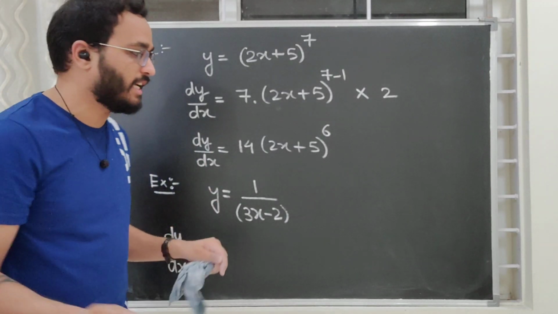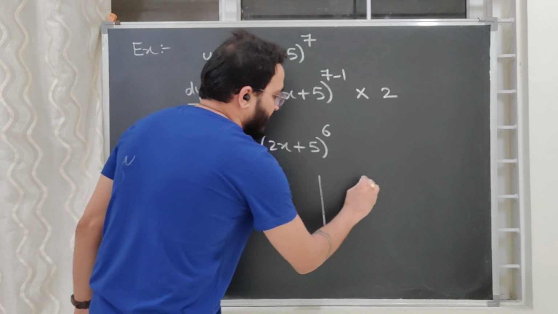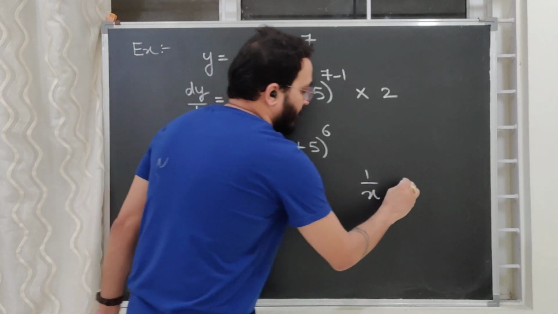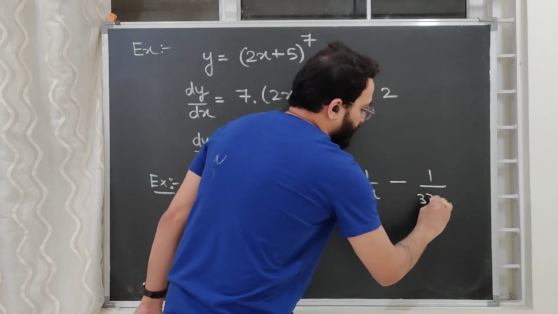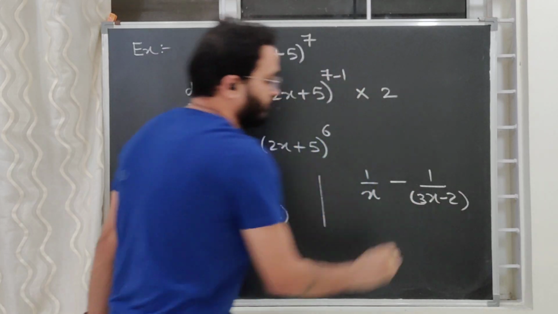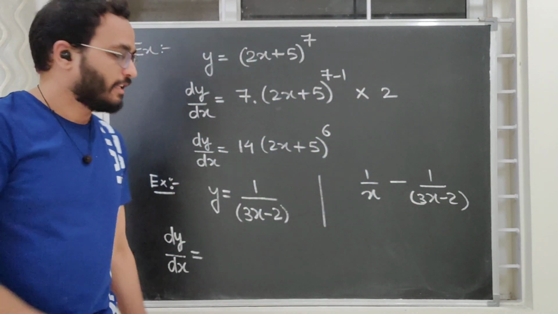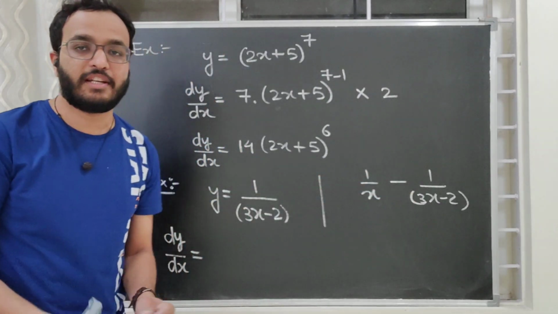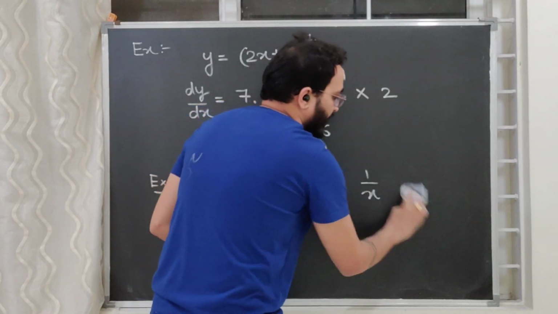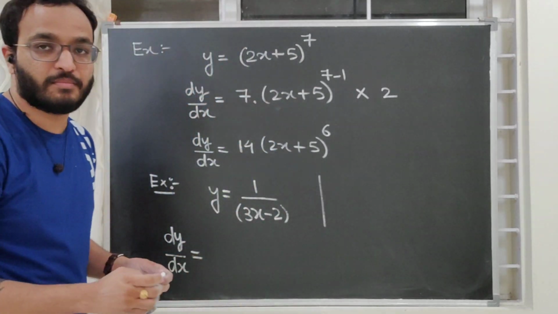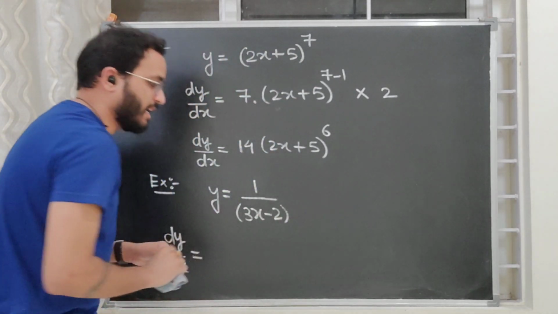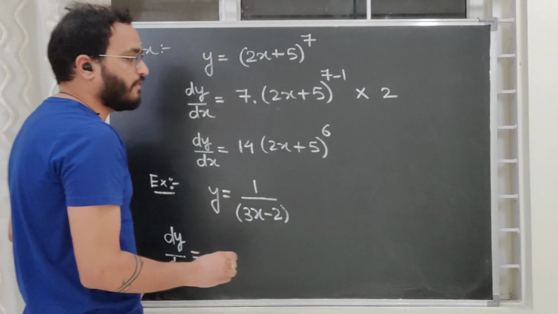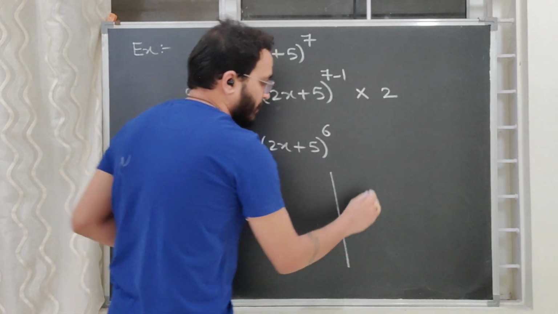It simply looks like as if you have replaced 1 by x with 1 by 3x minus 2. That I have replaced, instead of 1 by x, I have written 1 upon 3x minus 2. It looks as if like this. So what is the differentiation of x? I will just quickly tell you here.